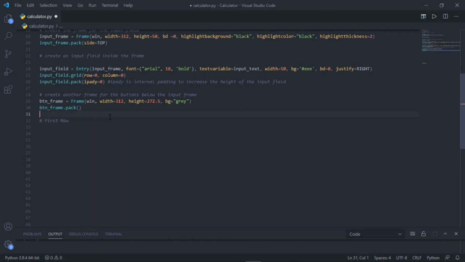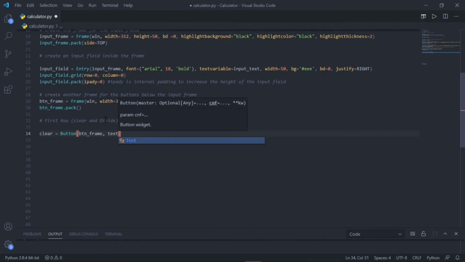Let me add this real quick up here. So we'll have clear and divide. Let's add the clear button. So we'll call it clear, and it's going to be equals to a button, since you're adding a button, and it's going to be placed on the btn frame. And the text for clear is simply going to be capital C. Okay, and then we give it a foreground color, right? So that C should be all black,